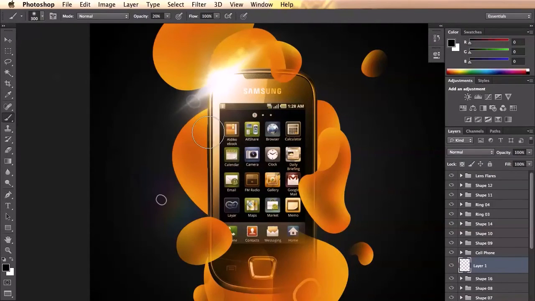And I'm just going to start to brush in a little black here because I want to see how it would look if we gave the illusion that our cell phone was actually casting a shadow onto some of these bubbles, especially with this strong light up top. I think that this might help to make it pop a little more. All right, so I'm going to go a little more extreme than I need to, and just kind of dial it back. But you'll see it'll help to add some depth, I think. All right, so I'm going to put it at about 80%,